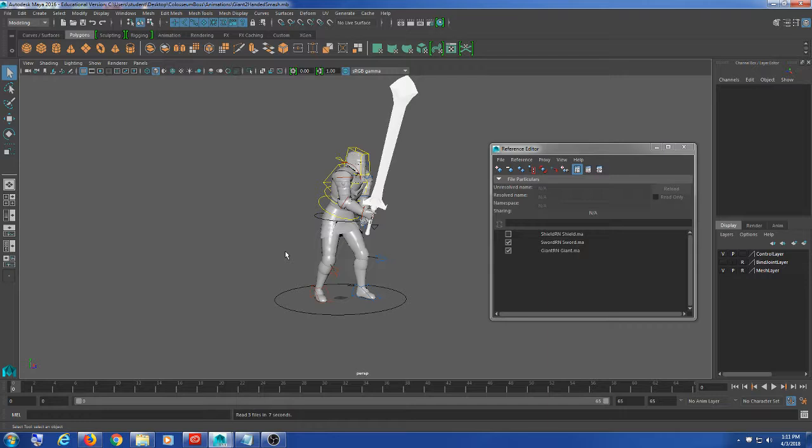What's going on here? Well, I did the shield and it seemed to work out fine, but now I'm finding